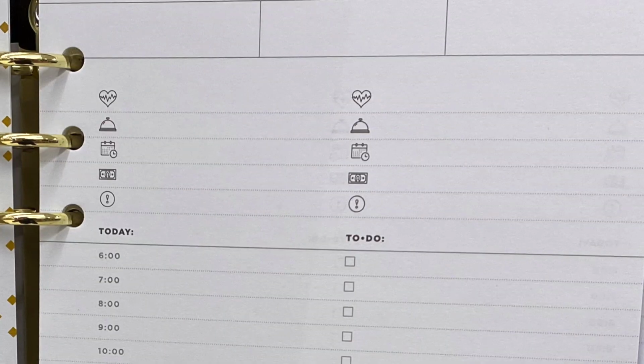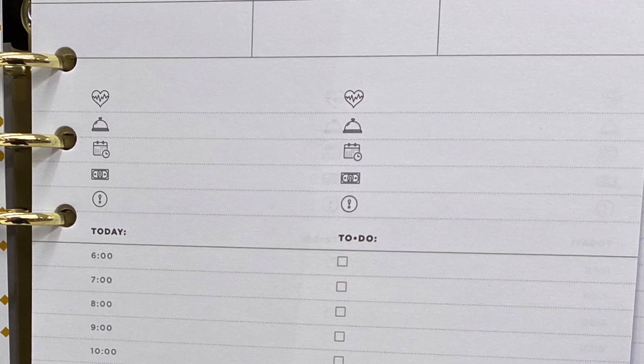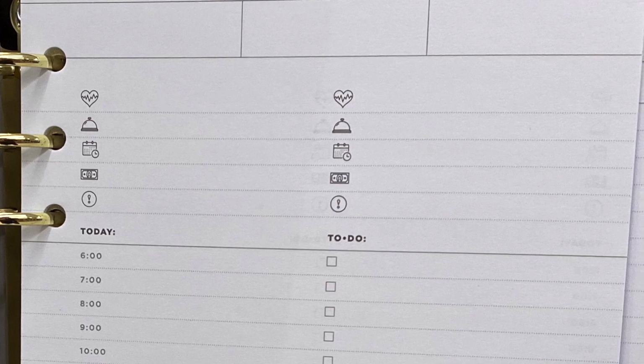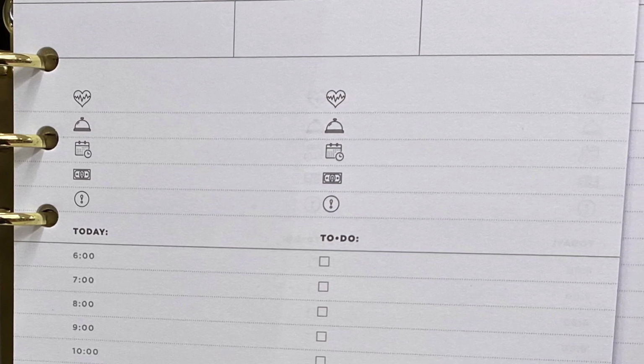a bunch of little symbols, which all of them I'm not entirely sure. So the heart rate one obviously would be exercise. I guess the money could be like budget, no spend. I'm not sure what the other ones are, but it is nice to have that on there in case you're trying to set small goals for yourself. You could almost use it as a habit tracker. So that would be really nice, but it's a really cool insert that you get along with the weekly layout,